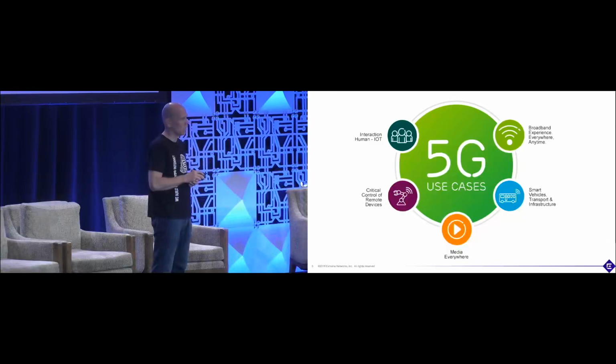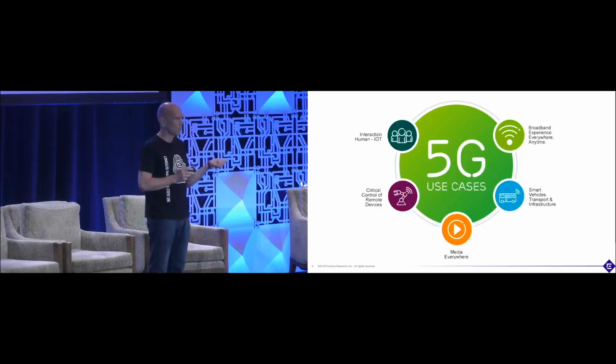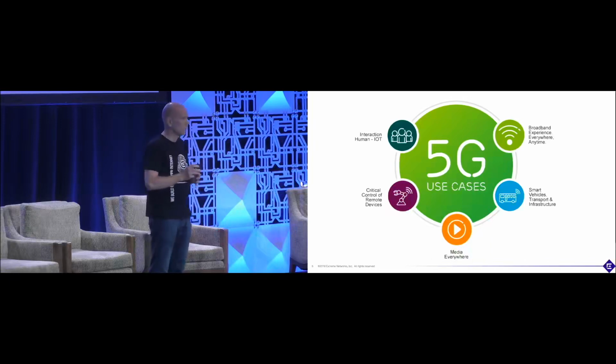Because there was a survey done some time back saying that by 2024, that's like 5 years from now, you are going to have 16 billion IoT devices connected, out of which 4 billion is going to be mobile connected, the other ones are going to be wired connected. And then you start to look at the mobile and the fixed broadband with 5G. So there's a lot of use cases, applications that go with 5G.